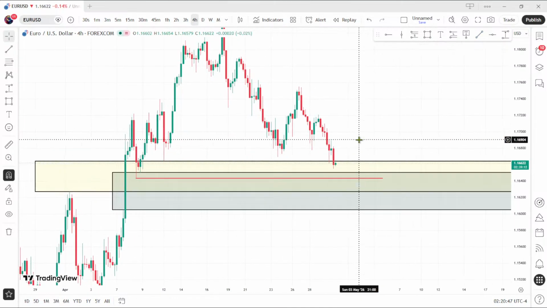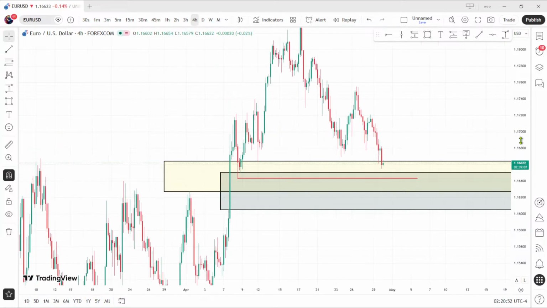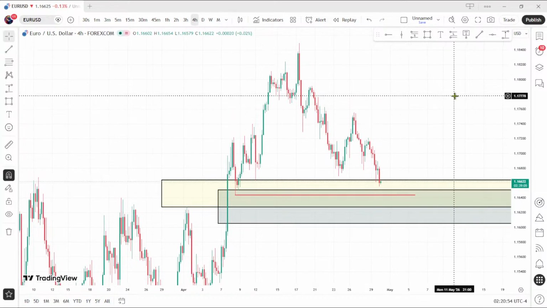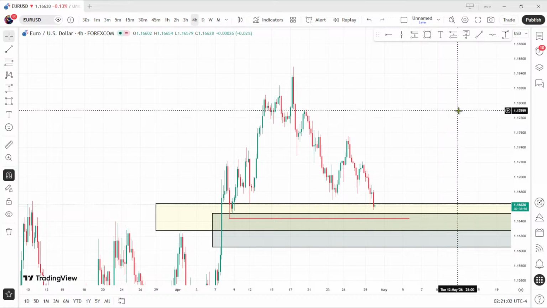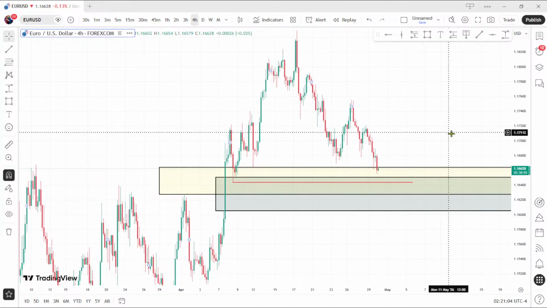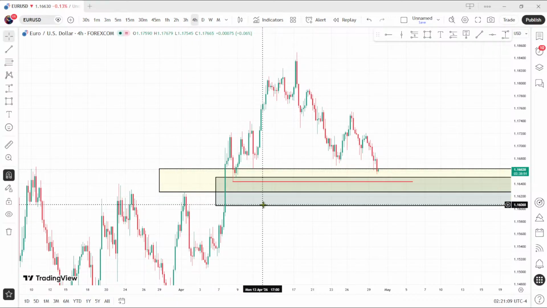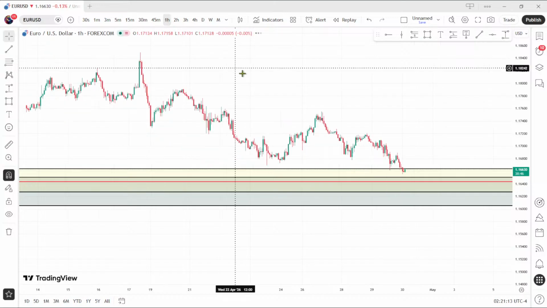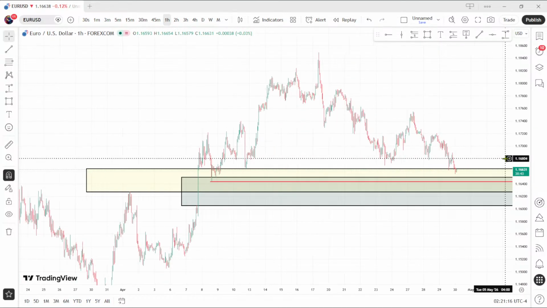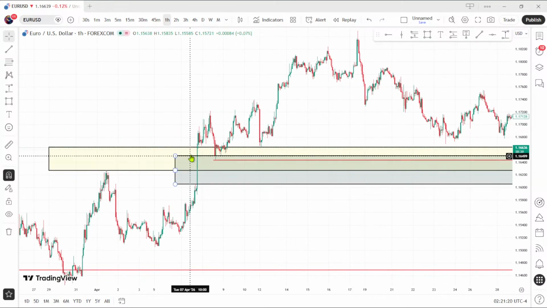There's a sell side liquidity, the 4 hour sell side liquidity. If it sweeps it, it will be a very, very high probability. Now these are the entries. This is inside of weekly fair value gap, daily fair value gap, 4 hour sell side liquidity. It's also a fair value gap.